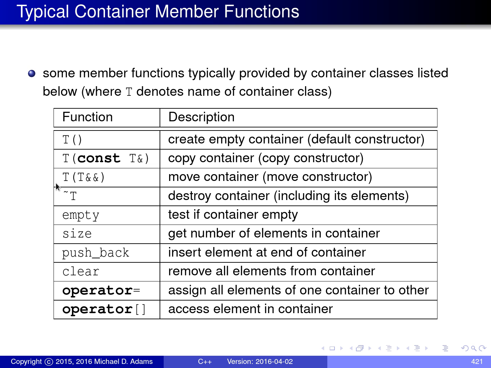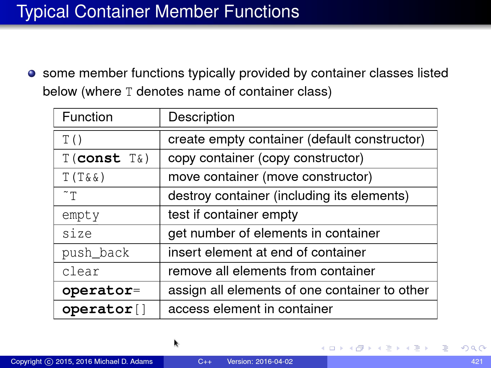We have a copy constructor, a move constructor, so we can copy and move containers. A destructor, of course. We have an empty member function to test if the container is empty, a size member function that gets the number of elements in the container, push_back that inserts an element at the end of the container, clear which removes all the elements from the container, and then of course an assignment operation, also subscripting operators to access elements in the container. And there's other member functions as well, but this gives you a feeling for some of the typical member functions